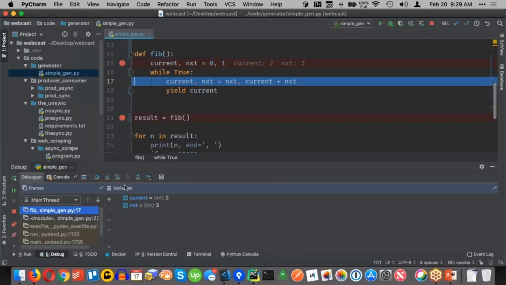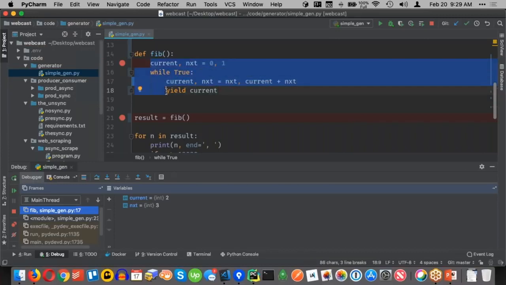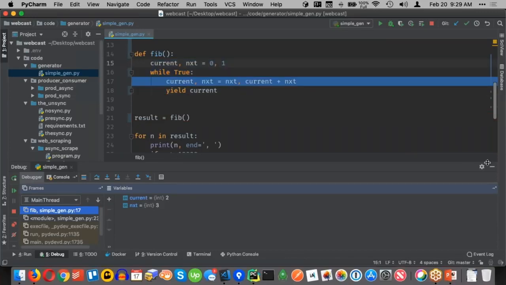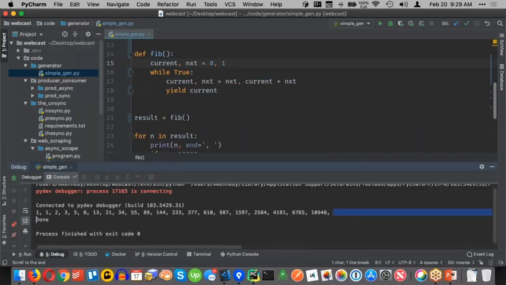So this back and forth, this ability to run part of the function, give some answer back, run another part of the function, give another answer back. This is very much how the same system would work if we put the await keyword here, right? It breaks the work up to say, well, we're going to run up until this point, and then we're going to let go of the execution, but then you can pick it back up where it left off. The trick is to pick it back up where it left off when the other thing is ready, right? And that's Python's async story there, right? So if we go ahead and just let this run to the end, you can see exact same output, right? But we didn't put it all in the list and compute it all at once.